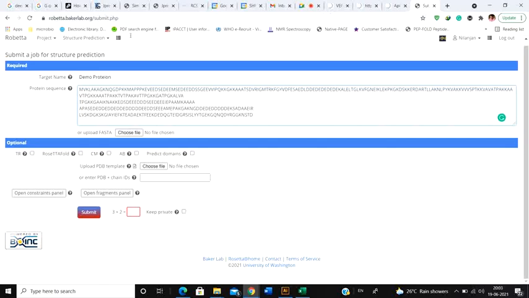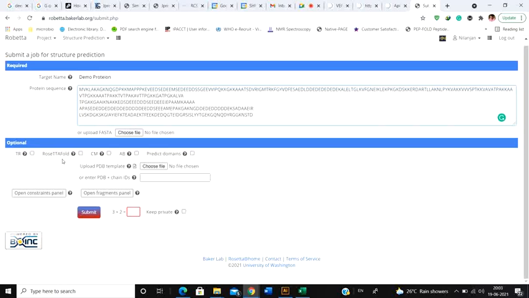Next, there are three options for your protein modeling. One is trRosetta, one is RoseTTAFold, the CM, and the ABE. This RoseTTAFold is a very new thing. trRosetta is good, but this is a new modeling method that they have given. Actually, I also didn't know that there is a RoseTTAFold option there.